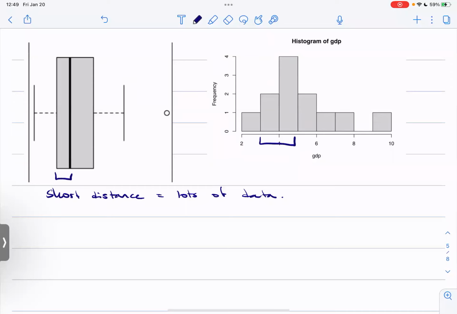Kind of there probably. And then it takes me a little bit longer to get through the rest of them. Okay. So you can look at a box plot and still find the distribution. It just requires a little bit more work. And that's